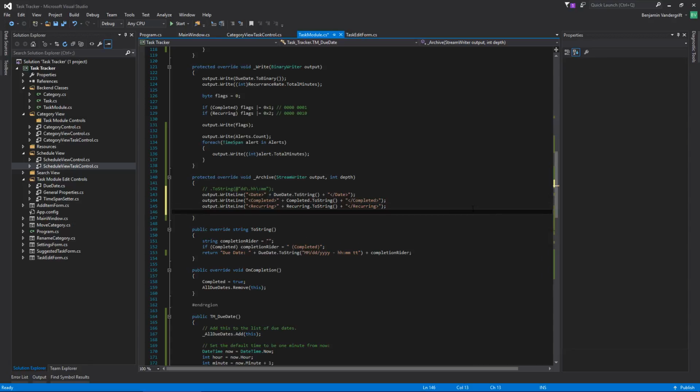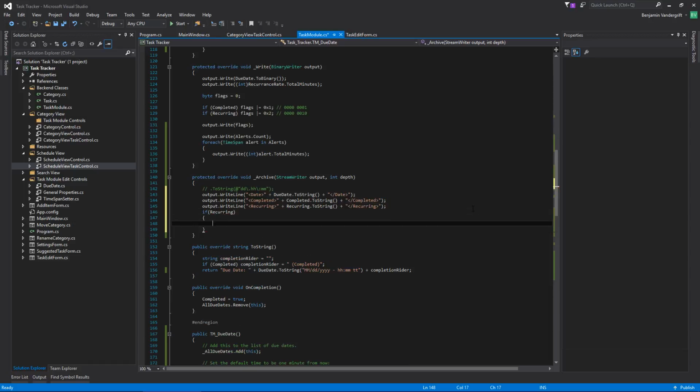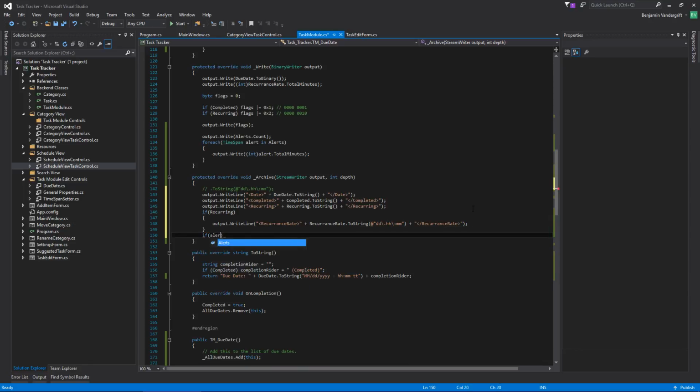There's no way to make it like, if recurring, Output.WriteLine recurrence rate plus recurrence rate.ToString plus slash recurrence rate. And I need to go through all of these and add the indent, and then if alerts.Count is greater than 0,